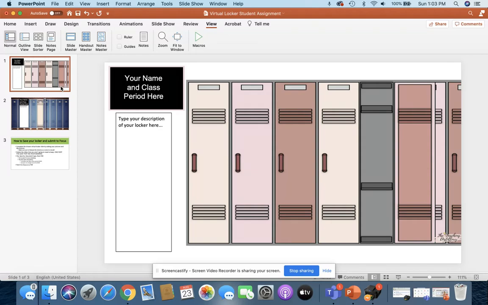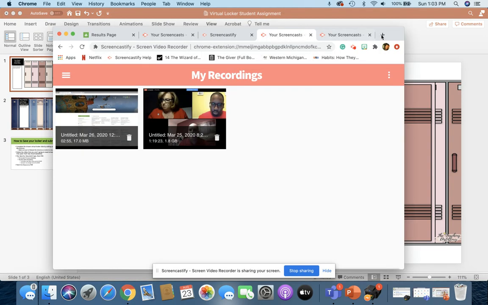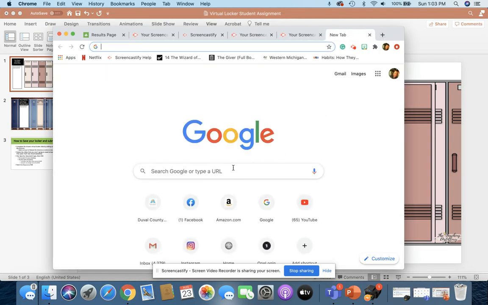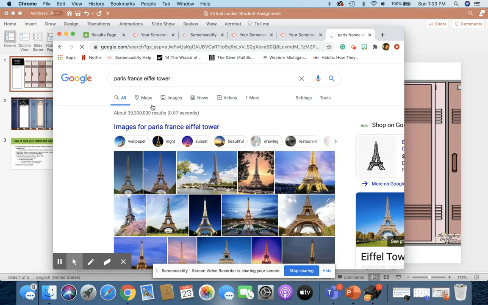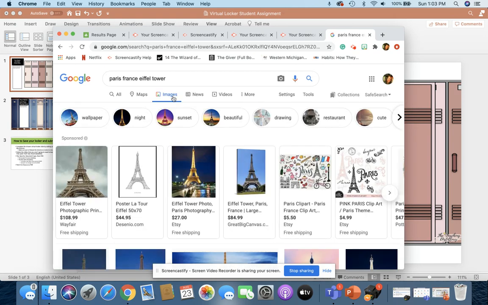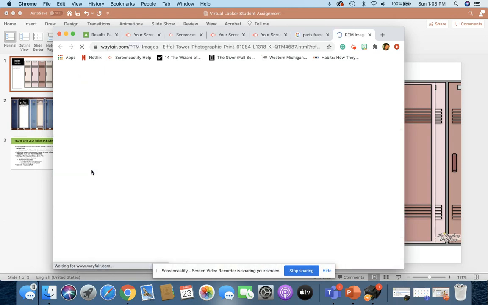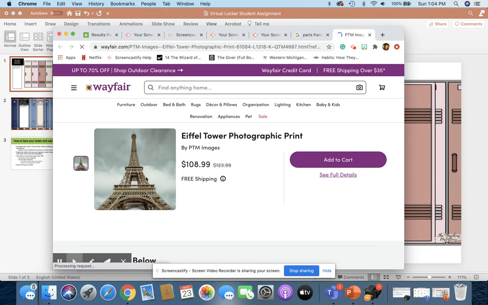I am going to show you how it's super simple to get pictures and things. If you choose not to use your own personal photos, that's fine. If you do, just make sure that they are appropriate to share, same as with any of the photos that you are choosing. So I'm going to go to Google, and I'm going to type in Paris, France, Eiffel Tower, and click images. And when I do that, I'm going to go to an image, and I'm going to copy the image